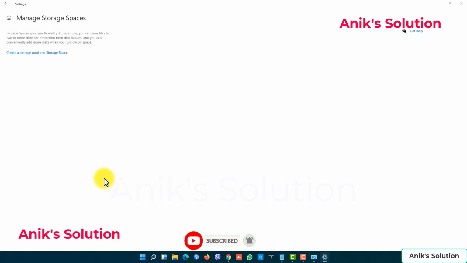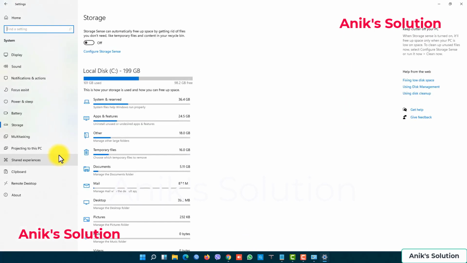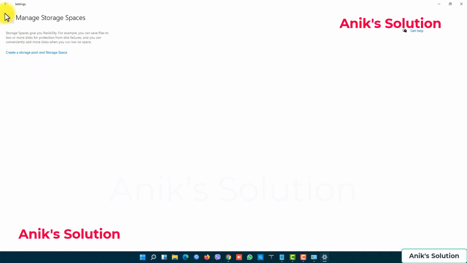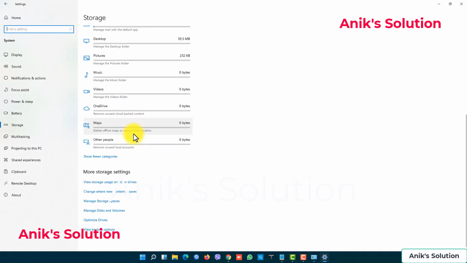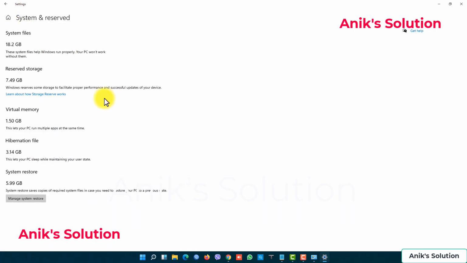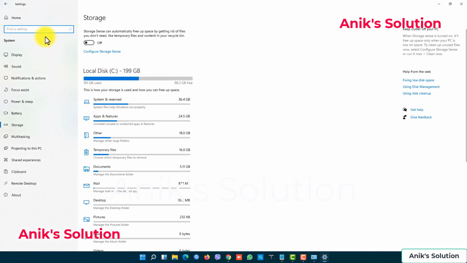Here is the manage storage space. Now we click the local disk C and system and reserved.